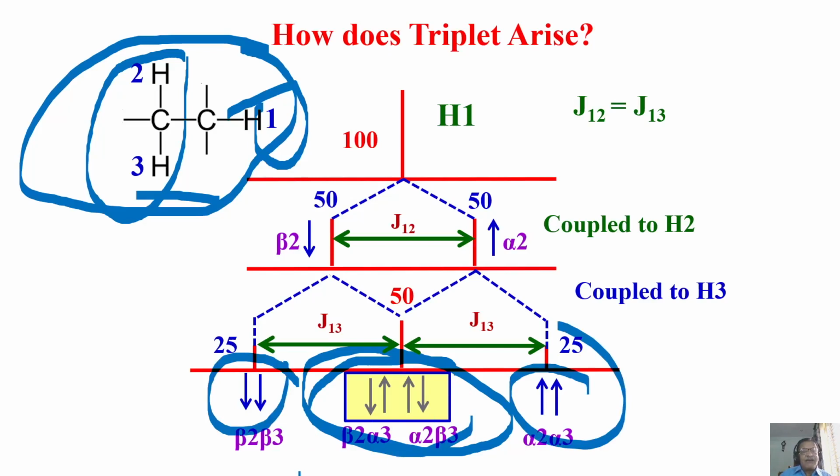So this is a simple example to say when do you get a triplet? When any proton or group of protons, it doesn't matter, it need not be a single proton, it could be CH3, CH, CH, anything, is coupled to equivalent spins, two equivalent spins like CH2, the splitting pattern will always be a triplet for this one. Remember, this will always be a triplet.